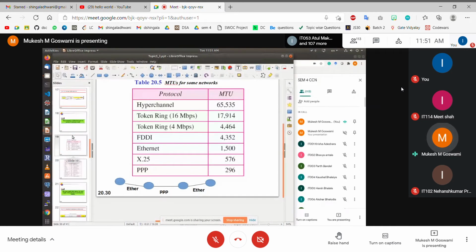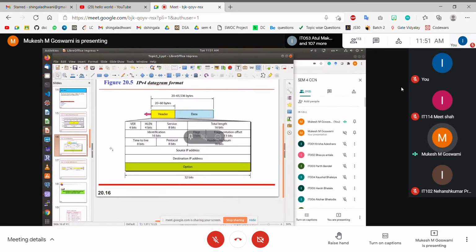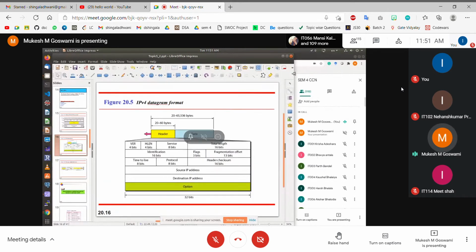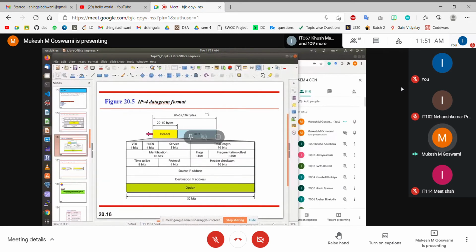In the previous class, we were talking about the structure of the IP header. We said that in the IP protocol, the data received from the higher layer is converted into an IP packet. And how do we convert this data into an IP packet? We convert data into an IP packet by appending an IP header, right? The IP header contains all the information which is necessary for the receiving IP layer to process the data, or for the intermediate device to forward this particular packet to the next layer, okay?